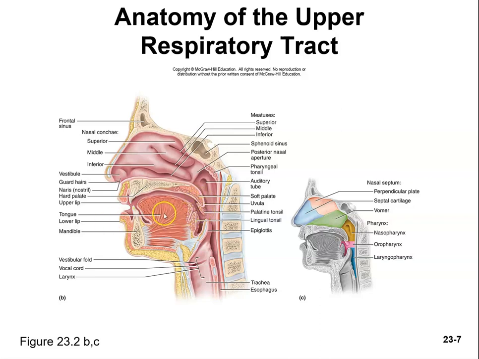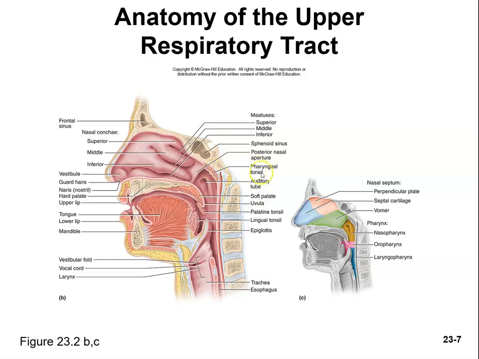All right, here's the tongue, the lower lip, the mandible. Here are your vocal cords, and here's the trachea and the esophagus. So respiratory system, GI system. That's why if you swallow your food too fast and the epiglottis fails to shut, then the food can go into the trachea and you can choke. You'll cough, and you might have to have the Heimlich maneuver done on you, where they expel that food and it launches out. Okay, so here's that auditory tube or eustachian tube,